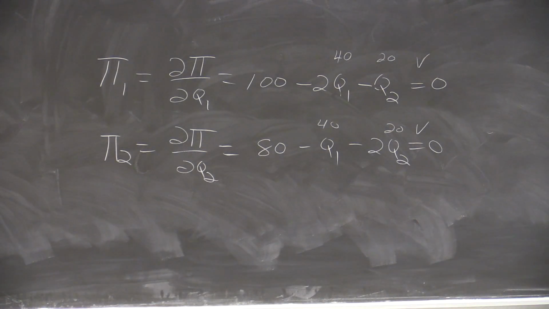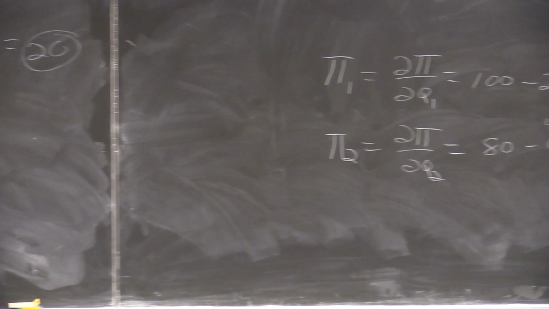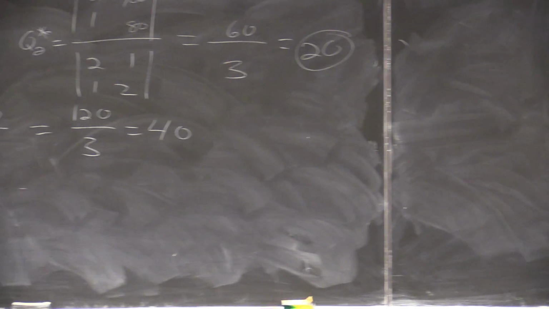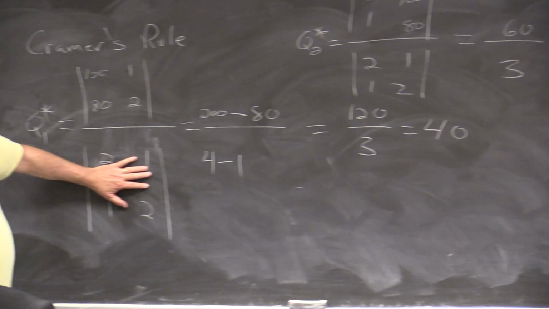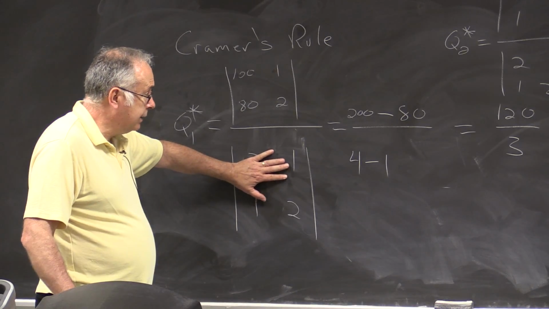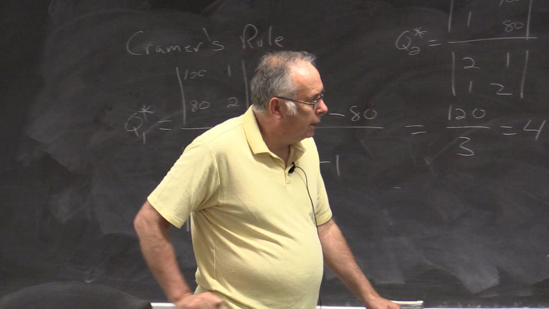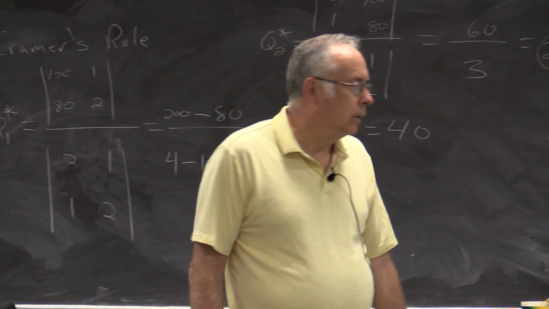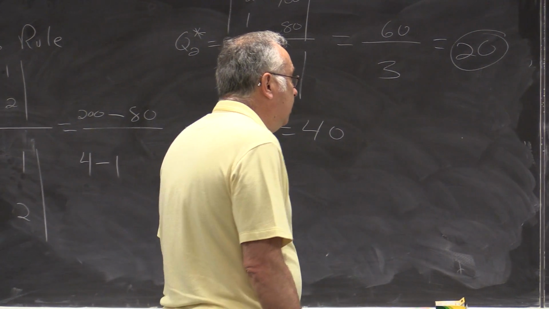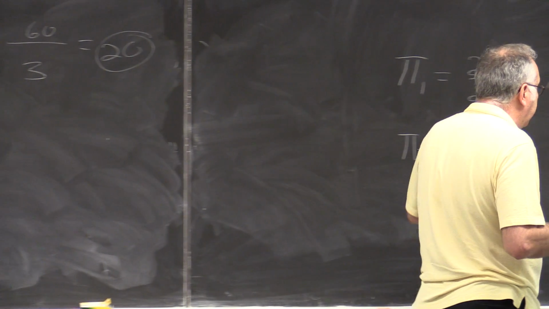Furthermore, we know whenever the determinant of the coefficient matrix is not 0, that means the solution is unique. If you have a linear equation system and the determinant of the coefficient matrix is not 0, it's 3 here, so not only does this solution work, but it's a unique solution. It's the only solution. So what does that mean? It means the critical point,